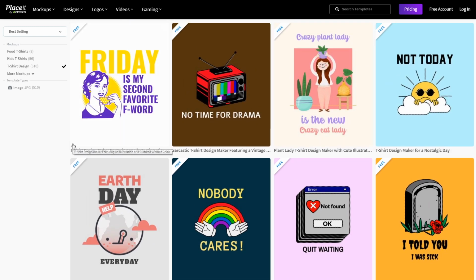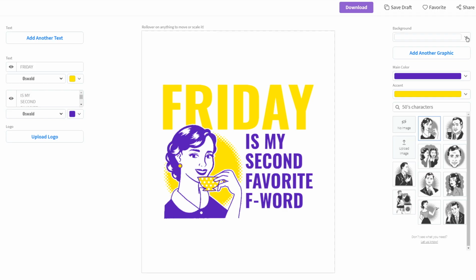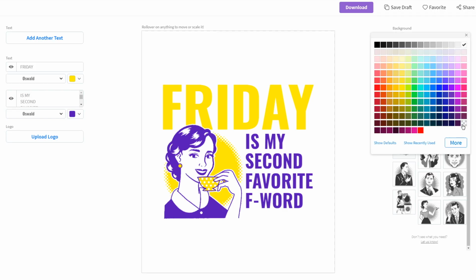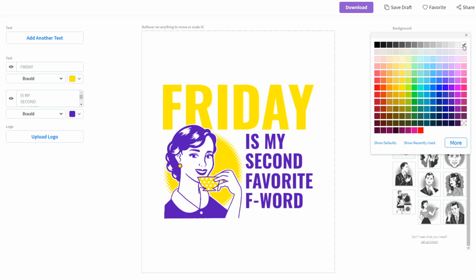You can hover over a design to see alternative styles like I'm doing now, and then click to edit. If you design with the default background colour or with a transparent background, it might not look great on the product later. I always change the background at the top to be the colour of the shirt that I expect to sell my design on, so I can make design choices that match the product. For this one, I'll go with a blue colour scheme.